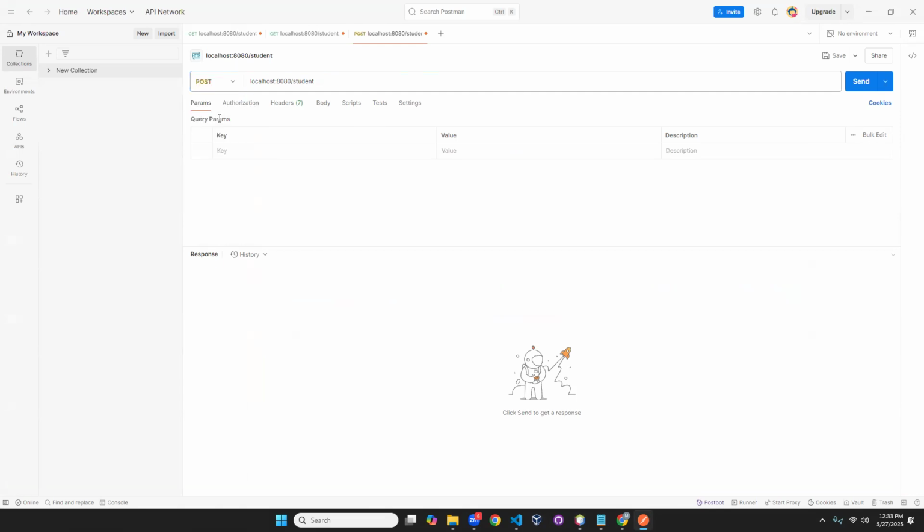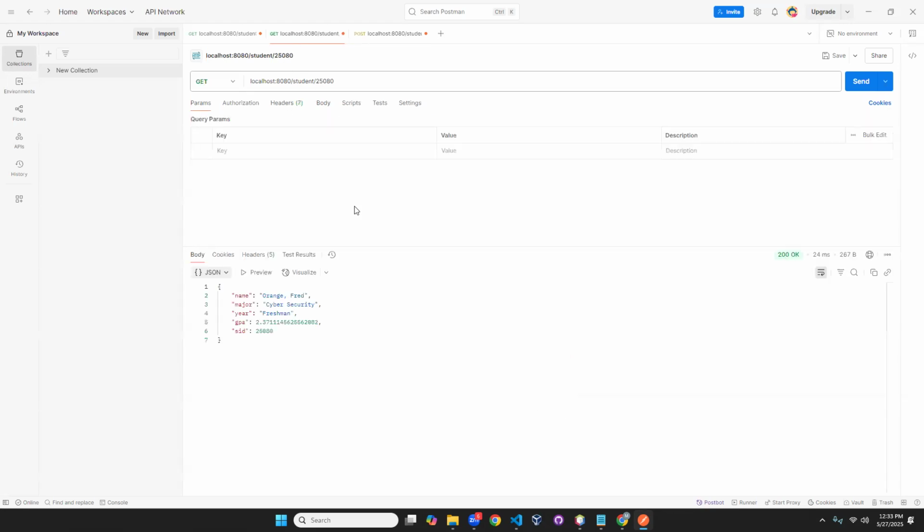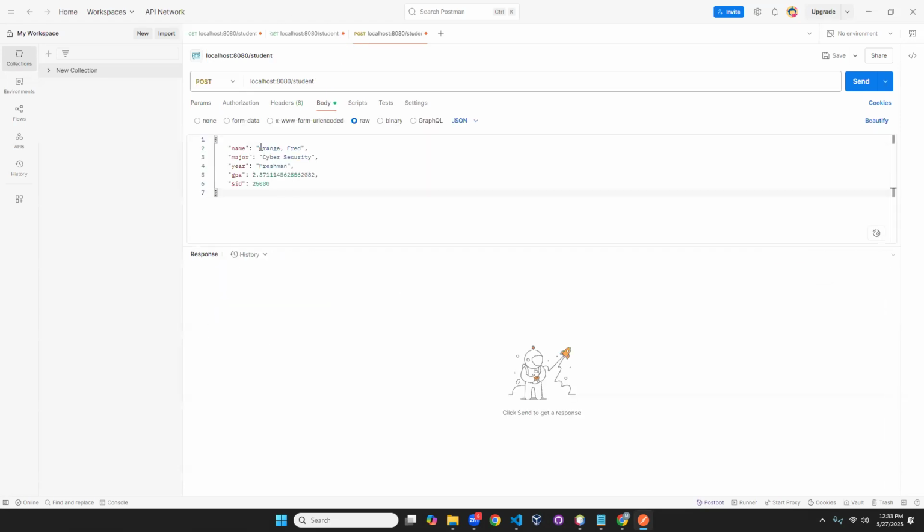Let's set it to be POST. We want to leave the parameters alone. We want to only change the body. And note, we want raw, and it's going to be in JSON form. Now, what I'm going to do is cheat. What do you mean cheat, Ruth? I'm going to show you. I'm going to copy and paste it in correct